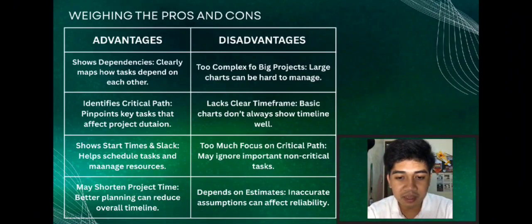May shorten project time, better planning can reduce overall timeline. So the disadvantages: shows dependencies is too complex for big projects. Large charts can be hard to manage. So lacks clear timeframe. Basic charts don't always show timeline well. So too much focus on critical path may ignore important non-critical tasks. Depends on estimates, inaccurate assumptions can affect